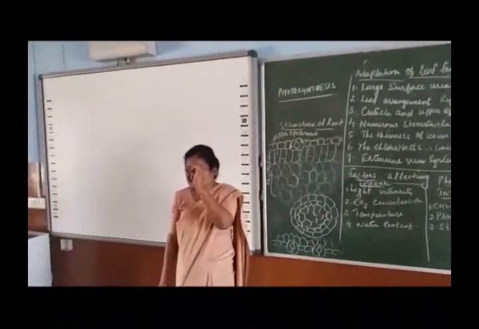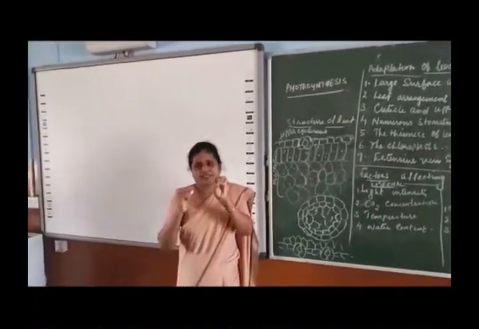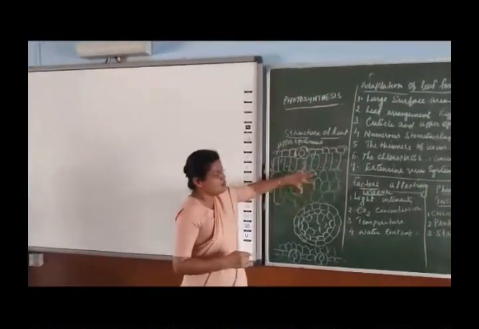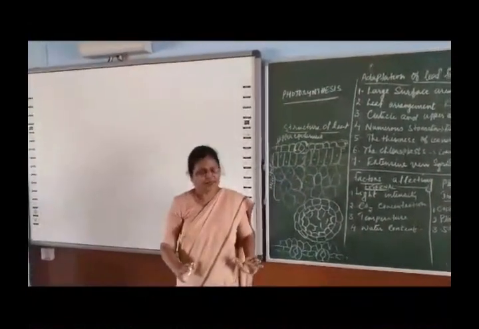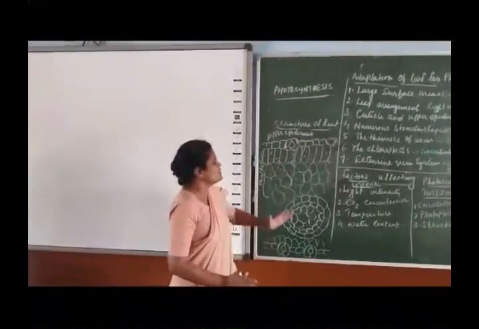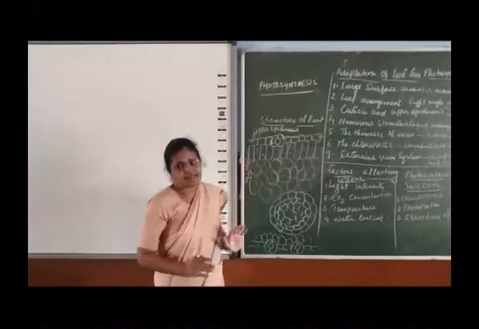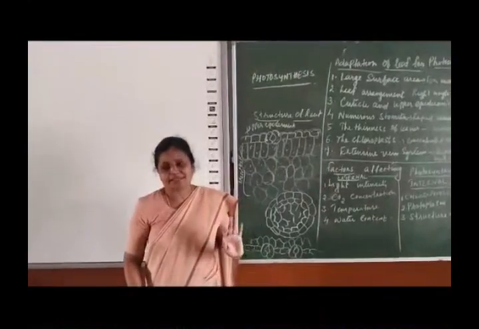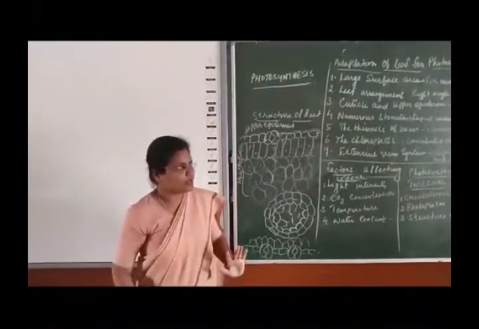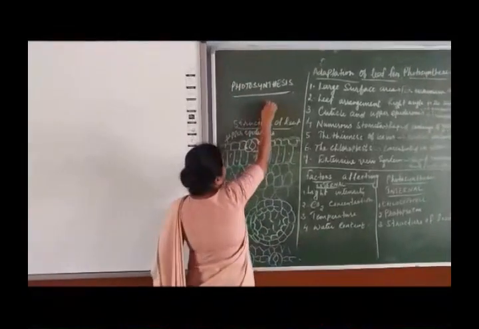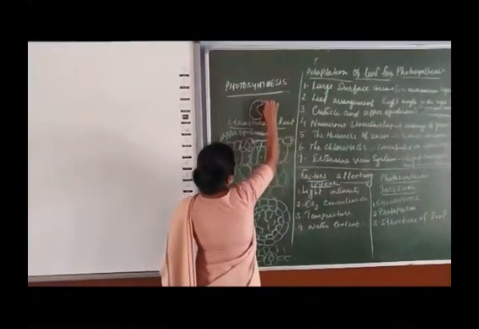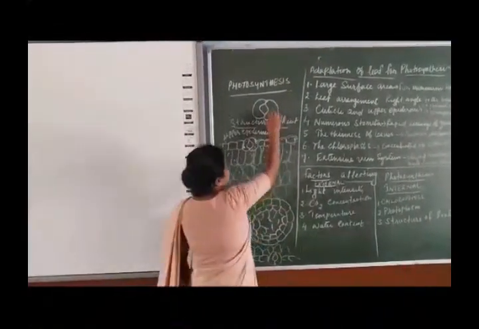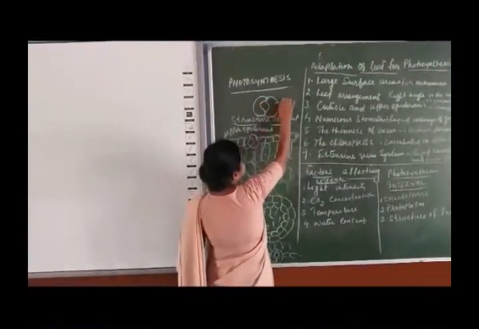Stomata is nothing but a hole, a pore through which gases pass. The carbon dioxide enters through the stomata for photosynthesis, and after cellular respiration the oxygen goes out through the stomata, as well as transpiration also takes place through the stomata. So stomata is not a cell, but just a pore, and this pore is formed by 2 kidney-shaped or bean-shaped cells called guard cells. So you have a pair of guard cells.